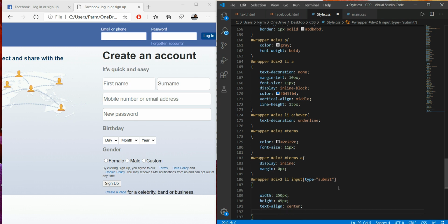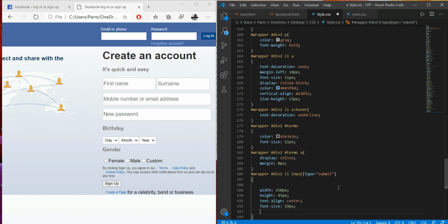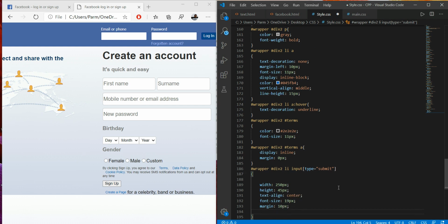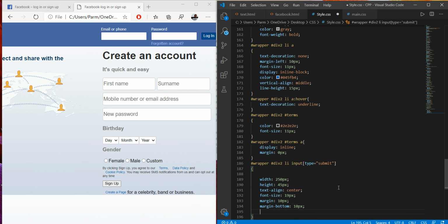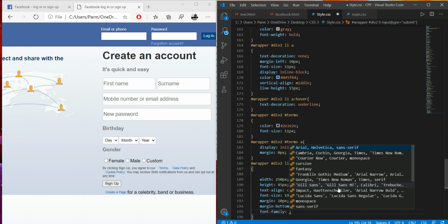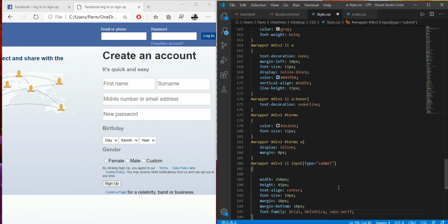Text align center, font size say 19 pixel, then margin top, I'm just giving it 10 pixel around, margin top 10 pixel, margin bottom 10 pixel, font family Arial, and to this I just want to give value only this important.